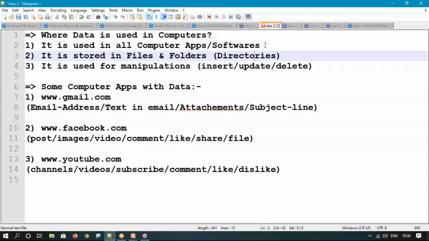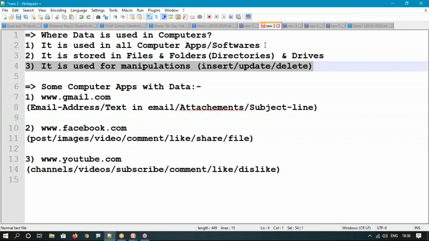Files, folders, and drives, pen drive, hard drive, etc. So what is the use of storing this data? So we can do inserting the data, updating the data, deleting the data from time to time, location to location,